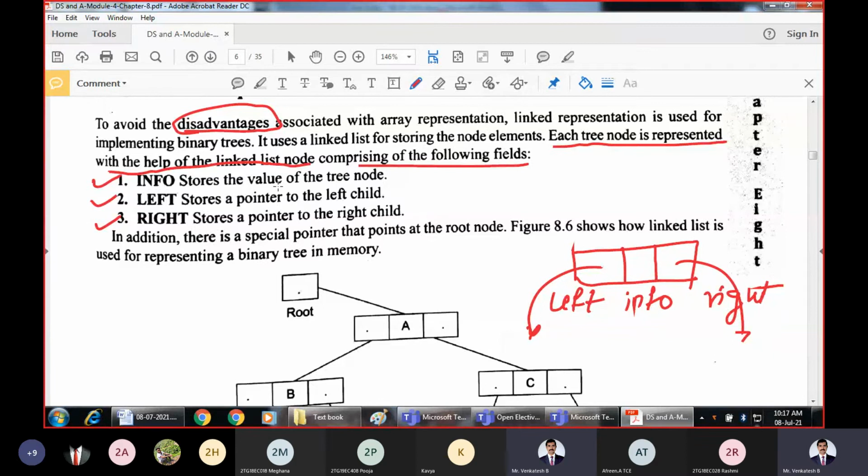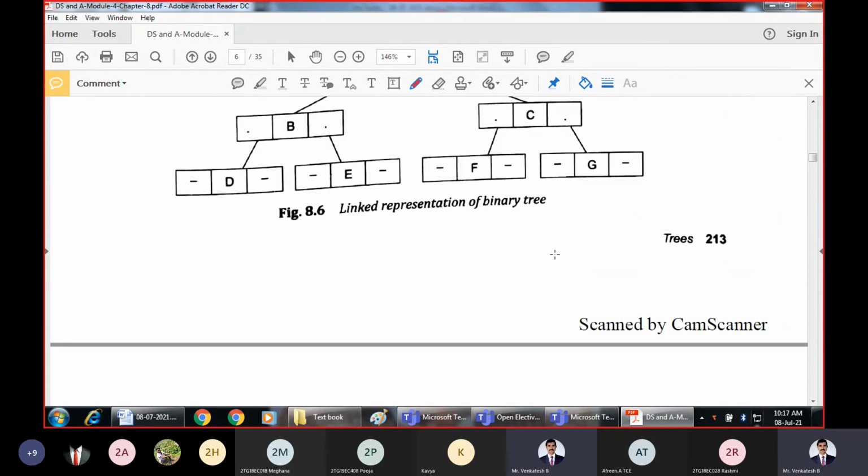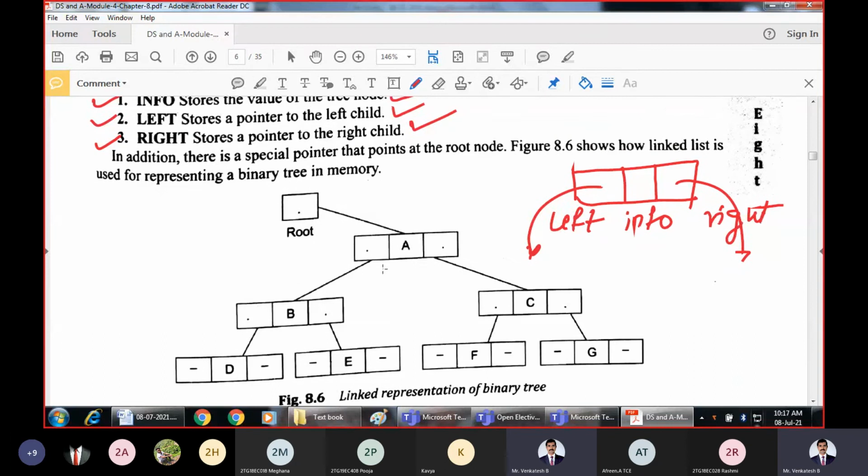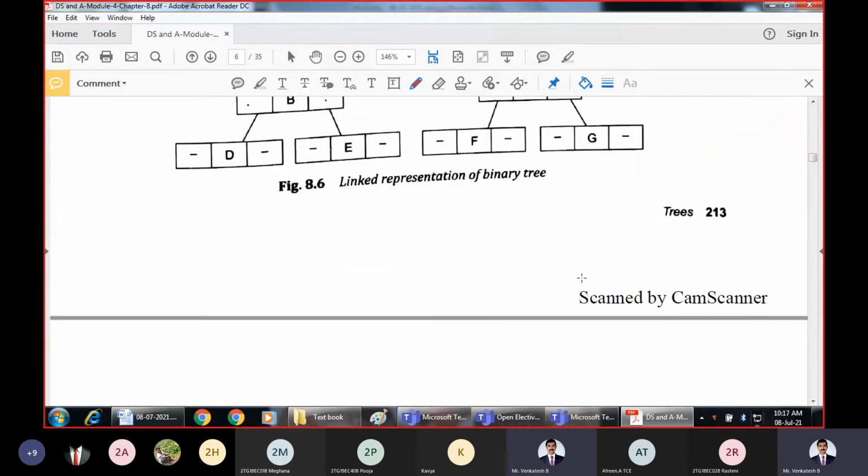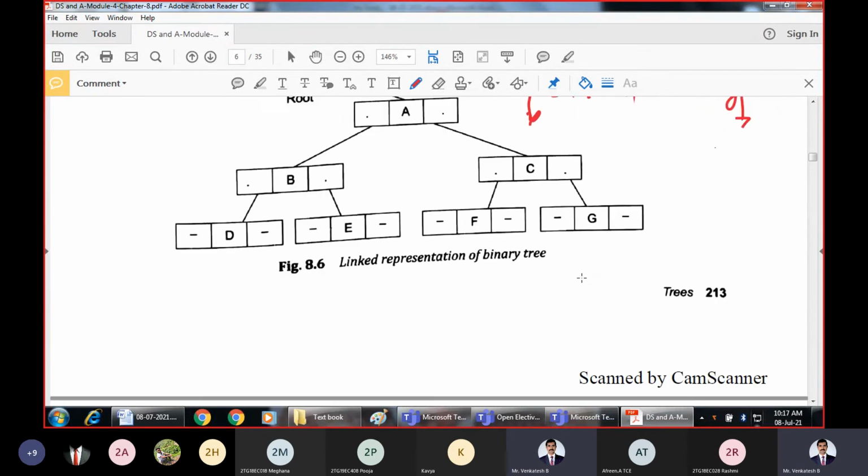Info is going to contain the actual data value of the node, left is going to store the pointer to the left subtree, and right is going to contain the pointer to the right subtree. This is one simple representation of the tree using linked list representation.